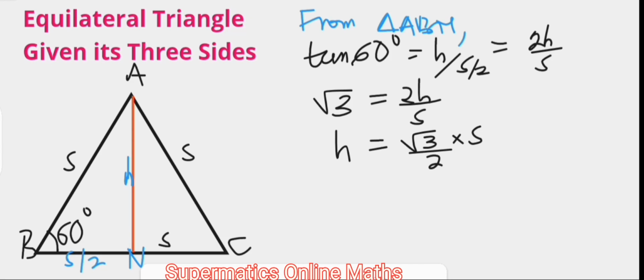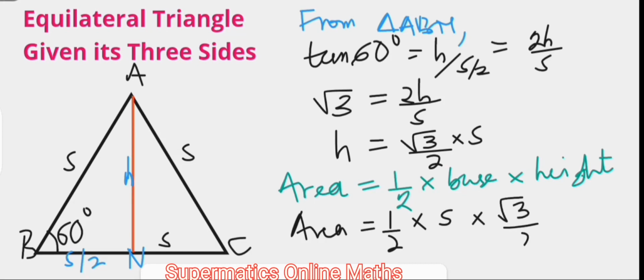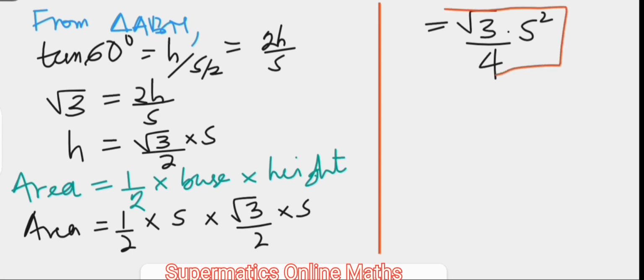times S. Again, we shall be using the formula area is half times the base length times the height. So in this case, the area is going to be the product of half times the base length, which is S, and the height is root 3 over 2 times S. This becomes root 3 over 4 times S squared. This is the formula for calculating the area of an equilateral triangle when the